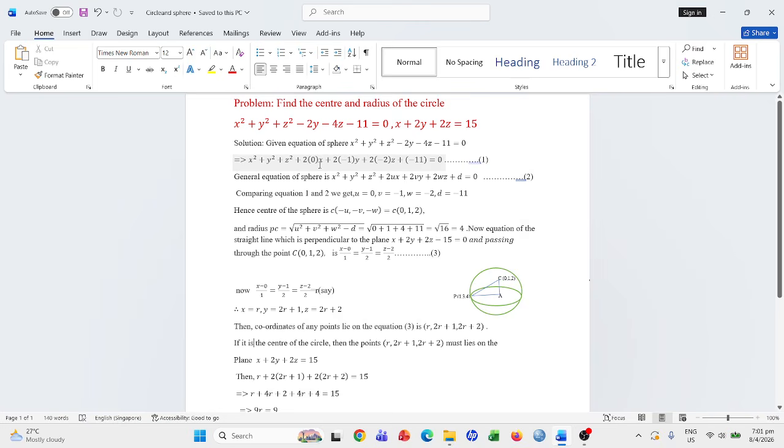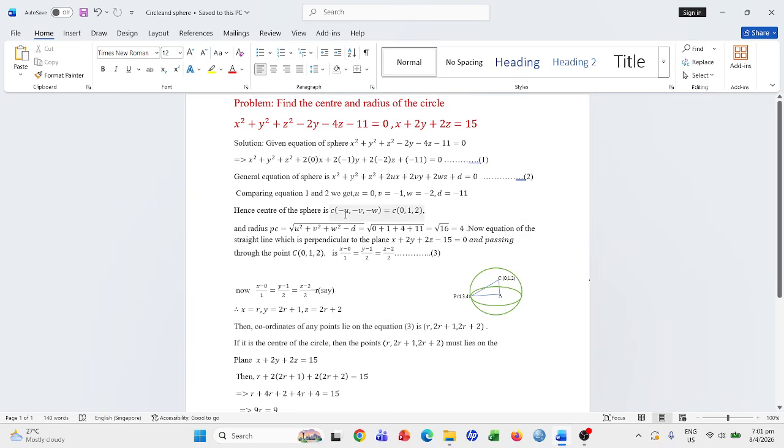Comparing, we get u equal to 0, v equal to -1, w equal to -2, d equal to -11. Now according to the rules of finding the center and radius of the sphere, we know the center is